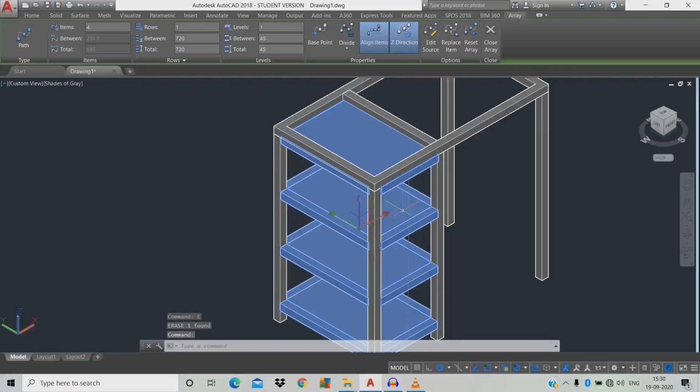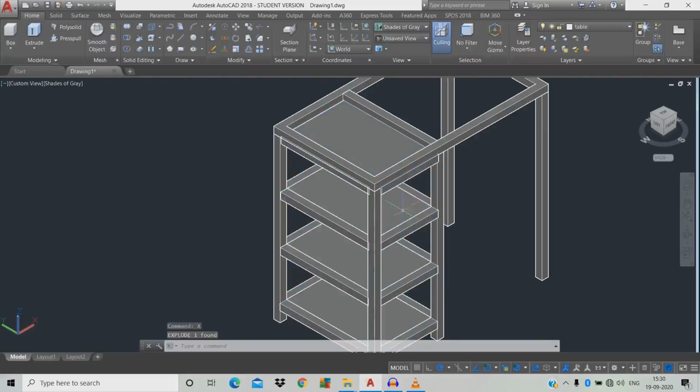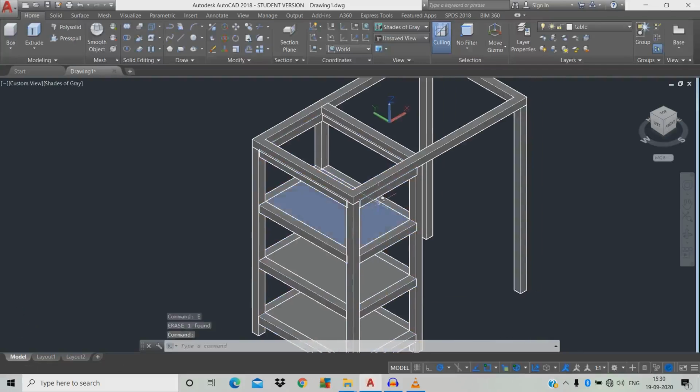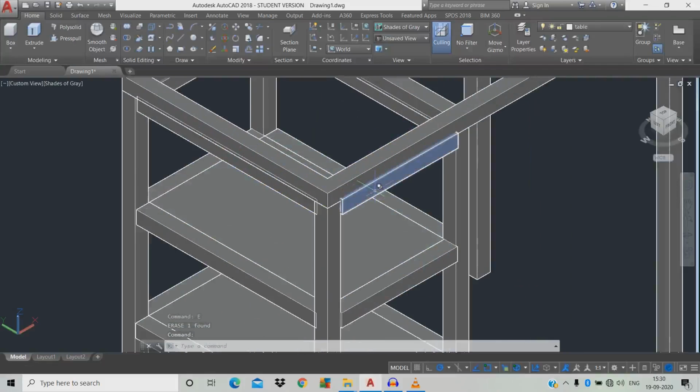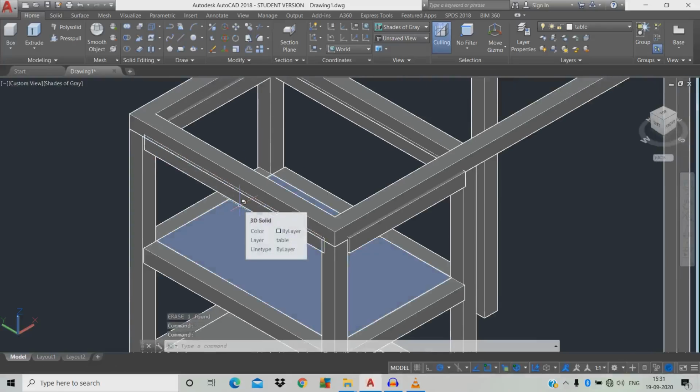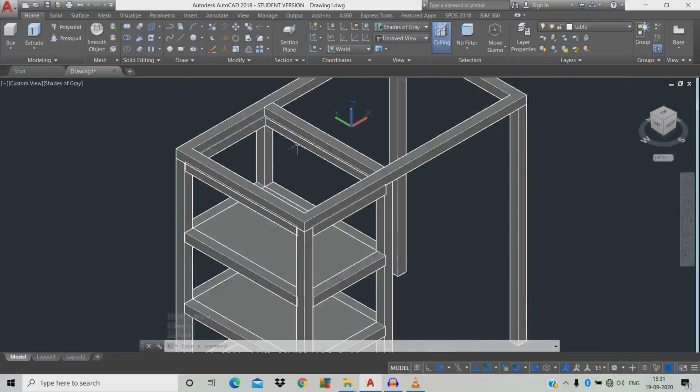So we're going to do some modification. Just click it, X for explode, space, just click the object space. Okay, have you seen this object? Now it is in overlap, now it is in the wrong position, just leave it. I will show you why.